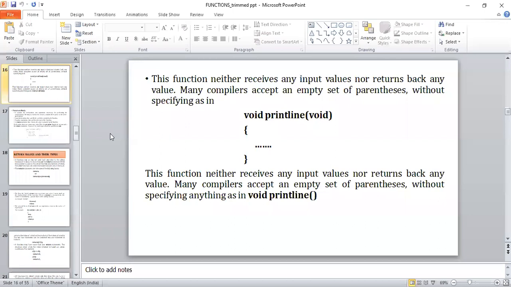The default data type we have considered here is void, and no parameter has been listed. So what is the default parameter list? It has taken void. And one more thing is possible: instead of even writing void, just simply write the opening and closing parentheses. That is also possible, and there also no error occurs.